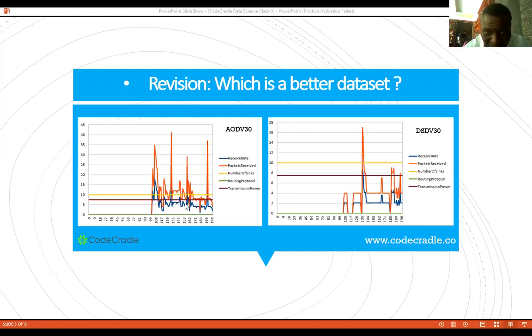So that's how to analyze the parameters. Now comparing these two data sets, the thing I just explained can be seen in both data sets, that is, for AODV30 and DSDV30. But the difference between these two is, looking at DSDV30, you will notice